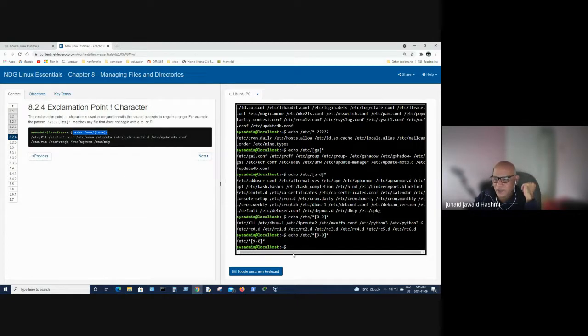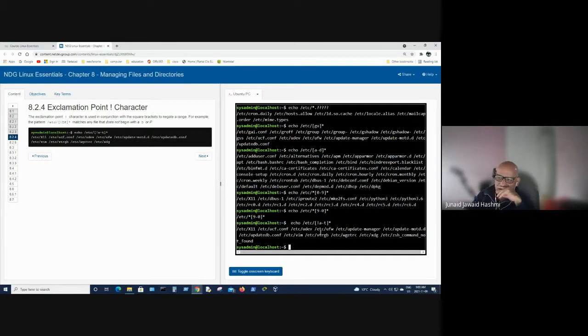So if we type this, you see it shows any file that does not begin with D or